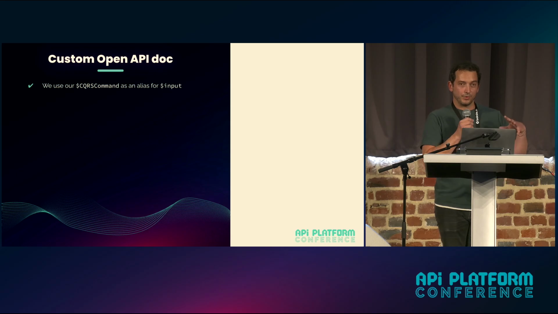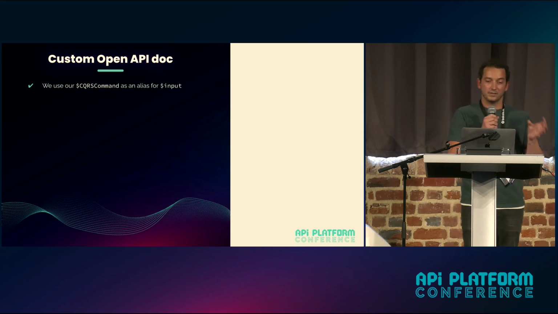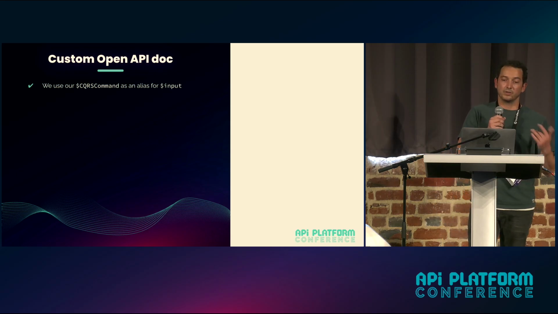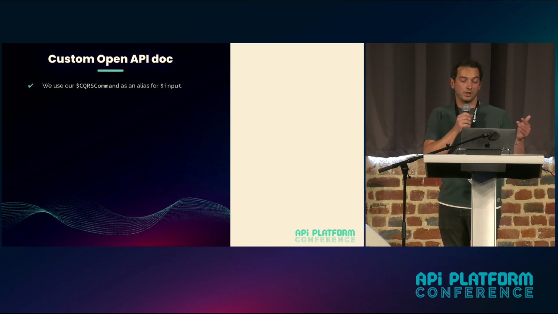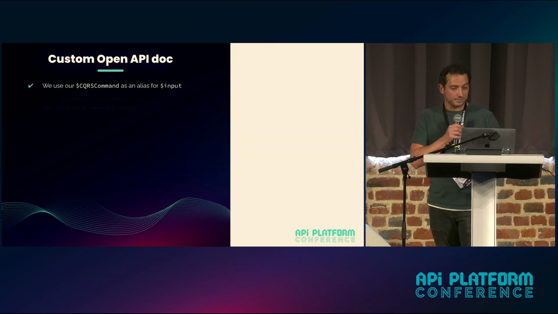But anyway, for now we needed this, so we defined this as the input class, so that OpenAPI automatically understands that it needs to only display the 3 parameters that we need and not the whole JSON schema.